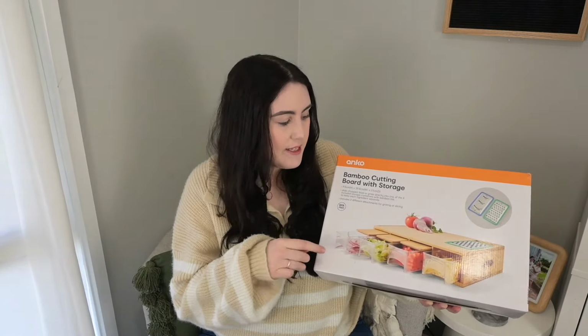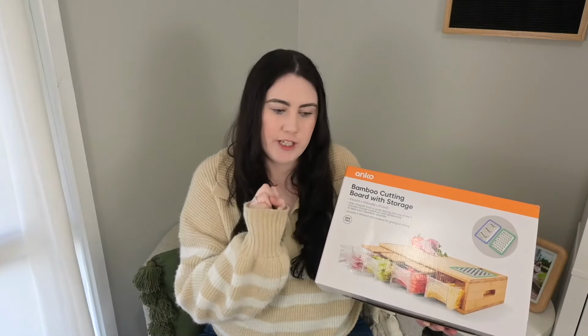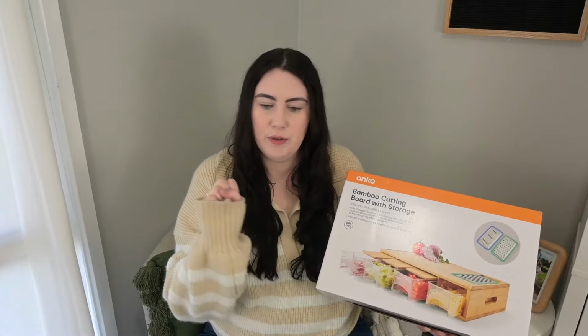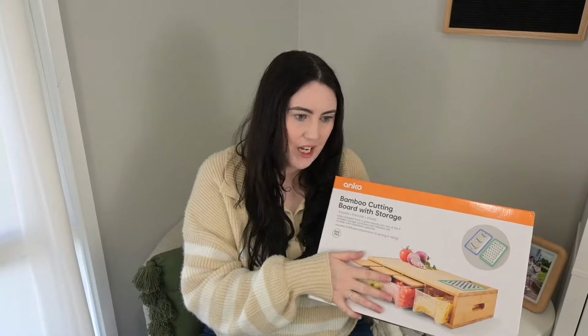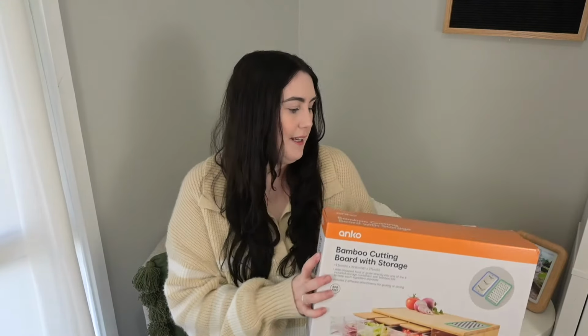The main reason that I grabbed it was hopefully to use it for its intended purpose as a chopping board, because we've got some wooden chopping boards that I really need to either figure out how to do a massive deep clean or get rid of, because we've had them for a long time and it's wood, you know, it absorbs, and I feel like they're probably really manky and gross even though I clean them. So I figured it wouldn't be a bad thing to have an alternative chopping board,